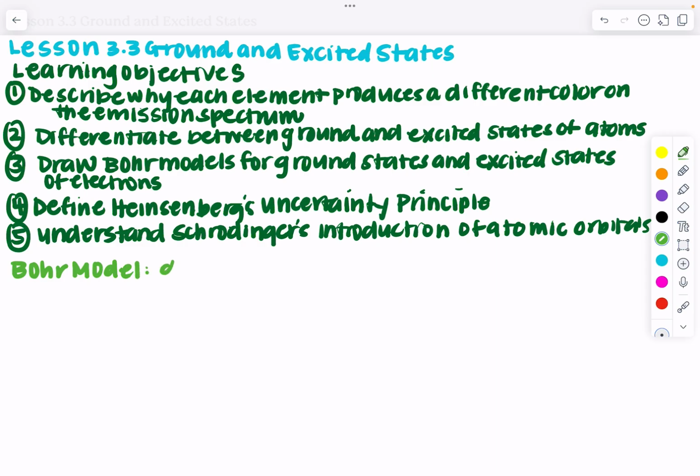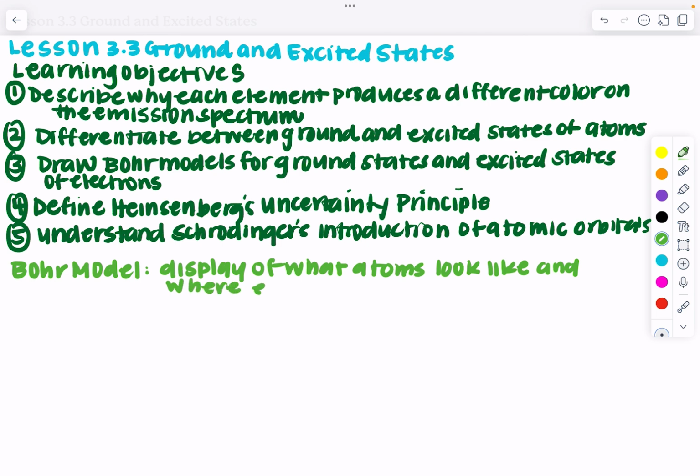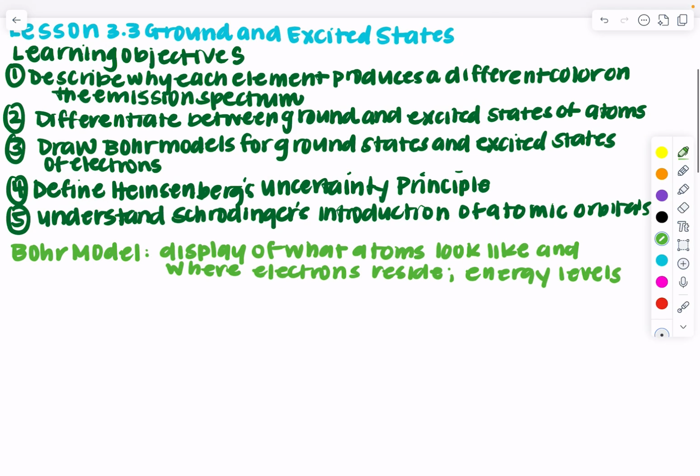A Bohr model is a display of what atoms look like and where electrons reside. And we know they reside in specific energy levels. There's 7 energy levels. Most of them don't get to all 7, but we can have anywhere between 1 to 7. If we're drawing the Bohr model for